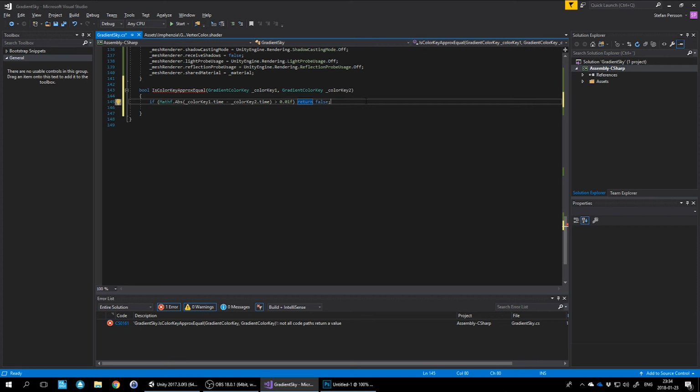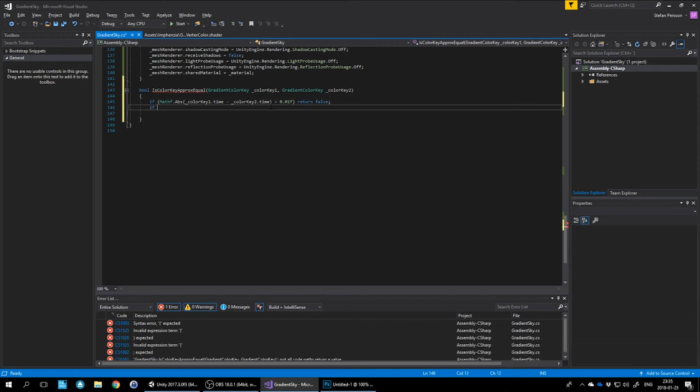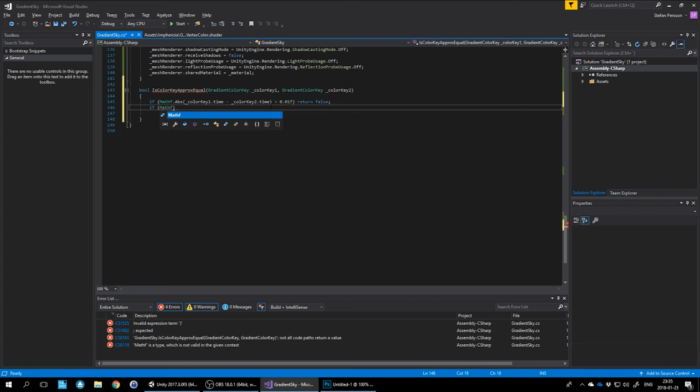So if the time has changed, then we return false. We don't need to check anything further because we already know that the color key has changed, so we're going to return true. But then we also need to check if the time is the same, but you've changed some color values. We'll do the same type of operation here, but instead we'll do